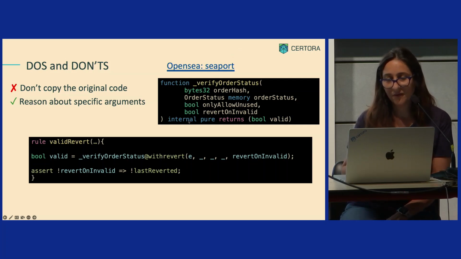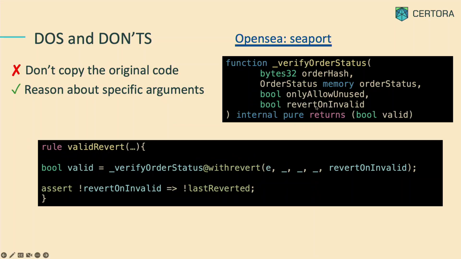Okay, so I will look, for example, here is a real function from OpenSea Seaport that is an internal function, okay? But I want to check it. And I look at the arguments and I see, okay, it should revert on invalid or return a valid indication if the order is valid. So this is a rule that actually finds a bug in this function. And the idea is that just looking at this interface, I can say that